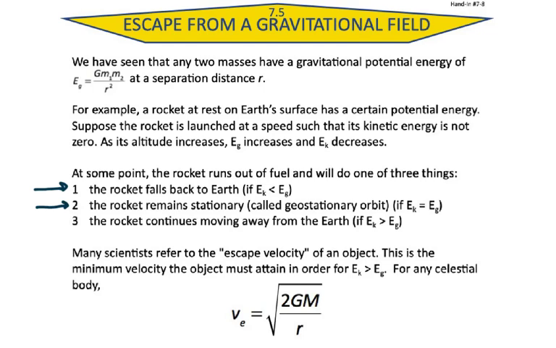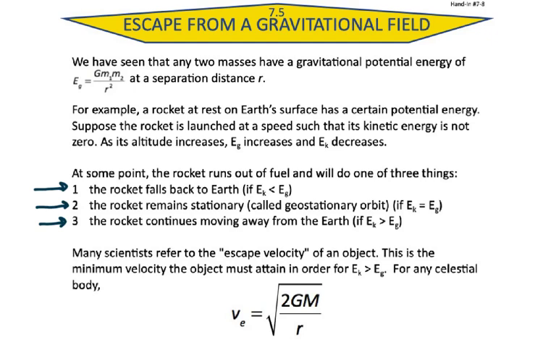This is where all of the GPS satellites are located. They stay in the same spot. They don't move away from the Earth or towards the Earth. That would be a bad thing for GPS satellites. Or the rocket could continue moving away from the Earth forever if its kinetic energy is larger than the potential energy of the Earth. So talking about escape velocity,